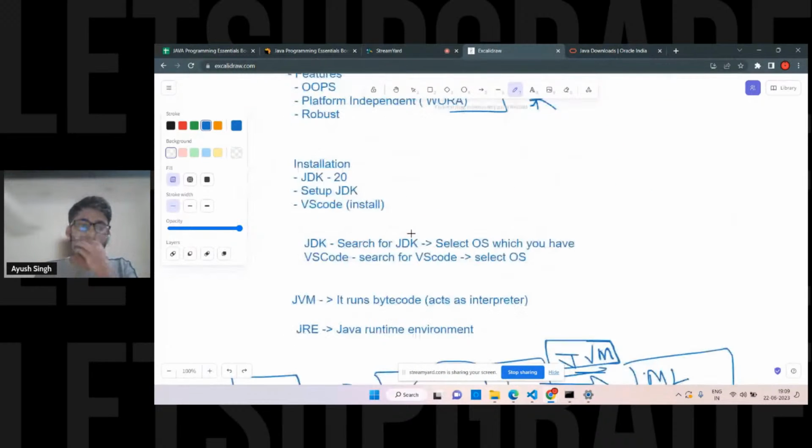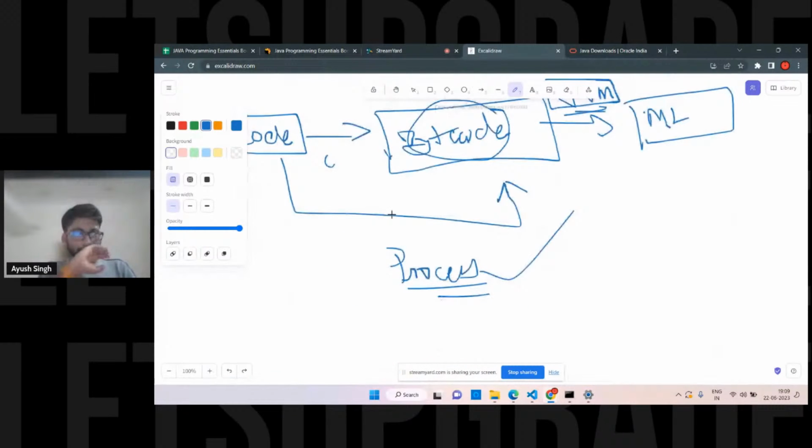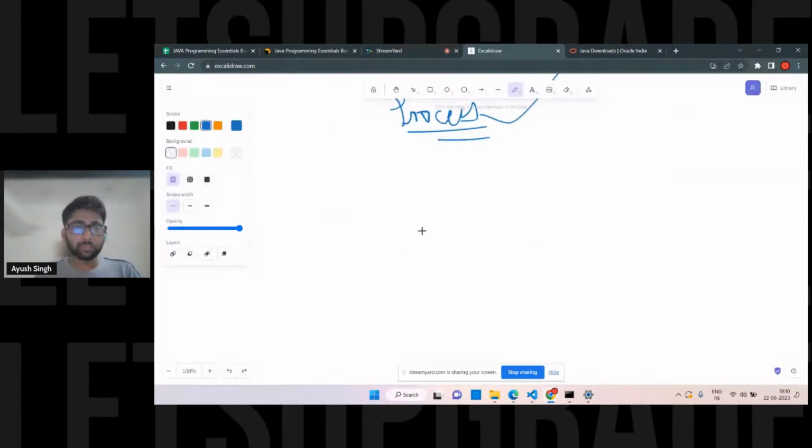Everyone has installed the JDK? We are going to run a simple program and see the basics of syntax. The other part we have to see is syntax. Can anyone tell me in the chat box what is necessary in a Java program? Because you must have read about C language or C++.